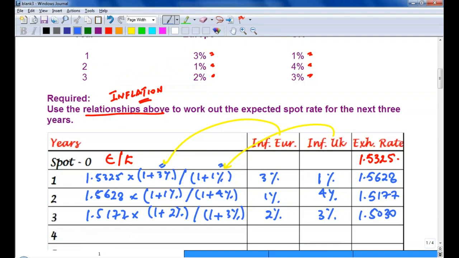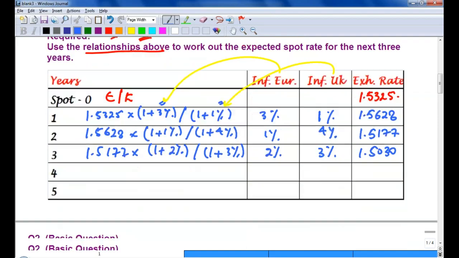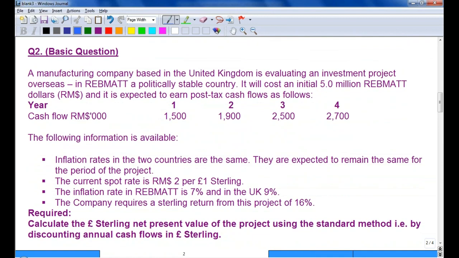Now once again, there is another question. This question is already given in the handout. You can read it from the handout as well. Read the question once. You have 15 seconds.